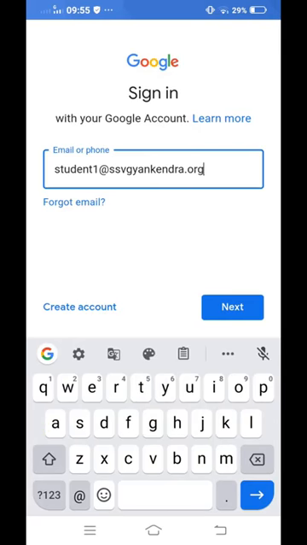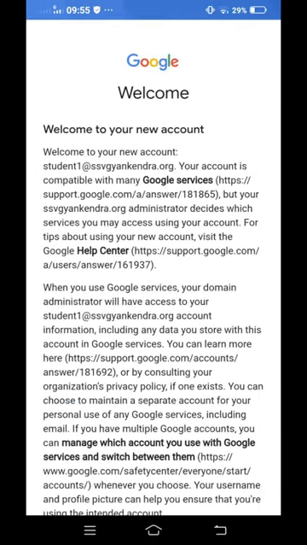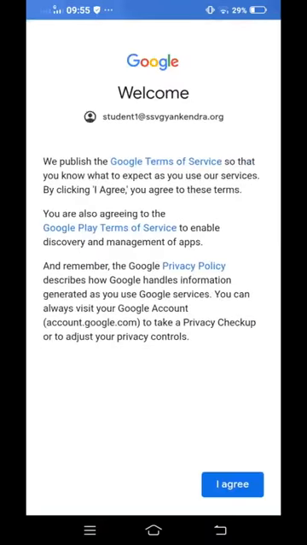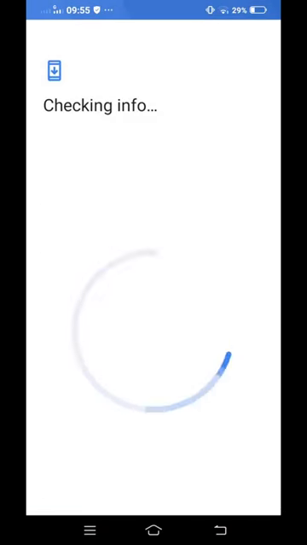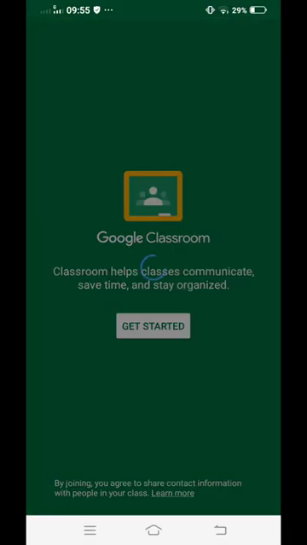So this is the ID, and there's a password to it as well. Now I'm logged in with the student account.